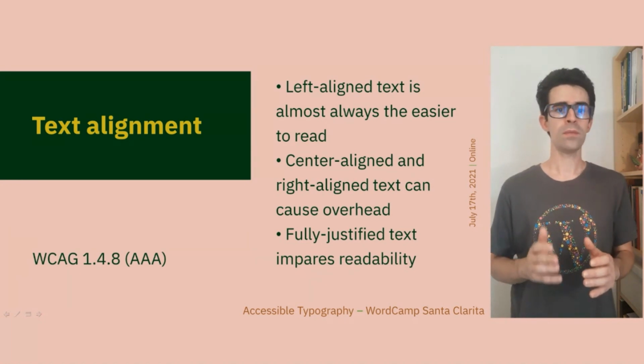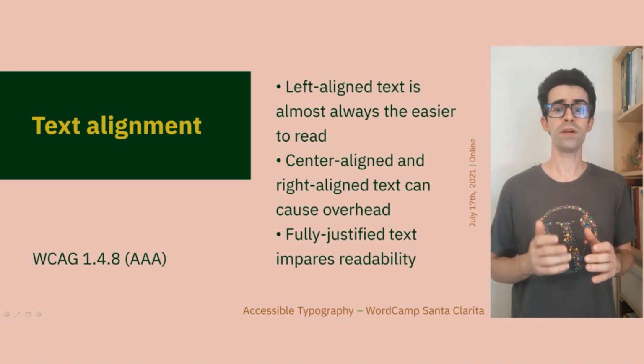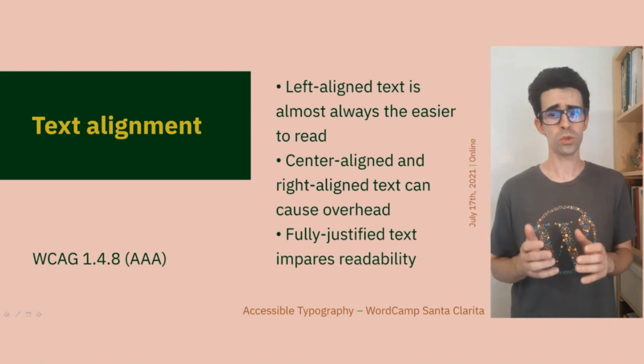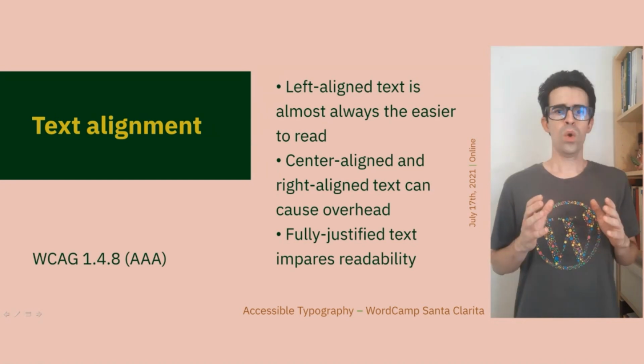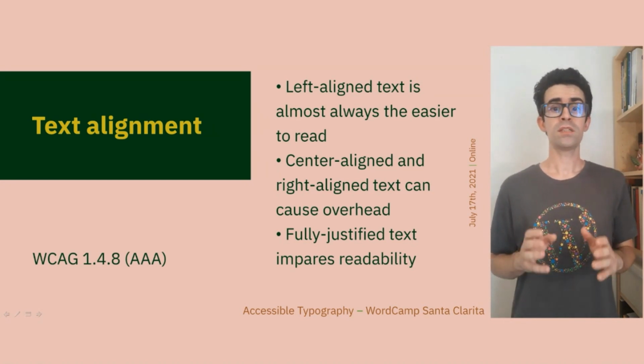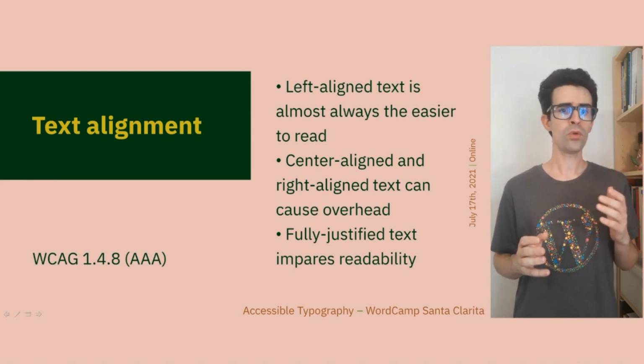This way, the beginning of each line is vertically aligned, preventing overhang, which would not be true if the text is aligned to the center or to the right. What you should always avoid is full justified text, which is text that is aligned both to the left and